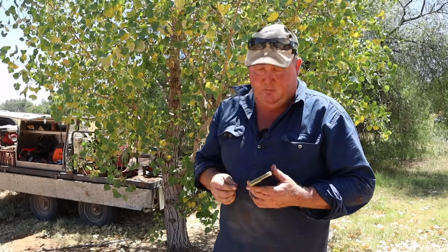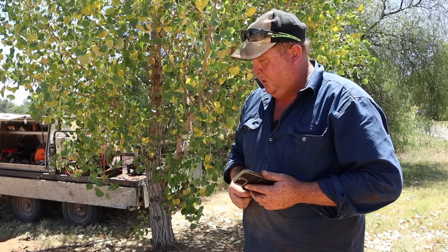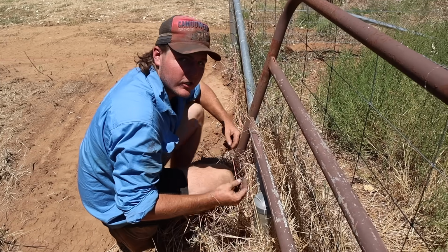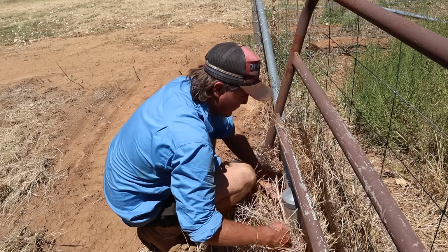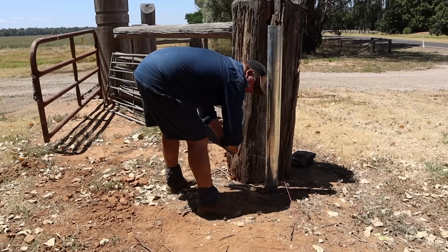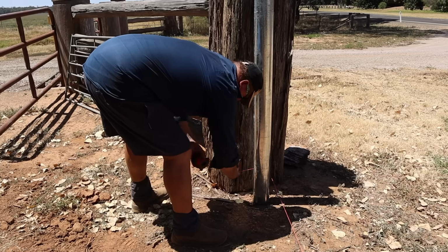So now we mark out the posts to 2.7 centres on a straight line? Yep, on a straight line. So we'll run a string line now, then we'll mark out 2.7 and bang them posts in. What we normally do is go around the post and then tie back to our end assembly just to keep it all uniform. So same thing, we're just going to go around the side of that post, and that'll give us a true line